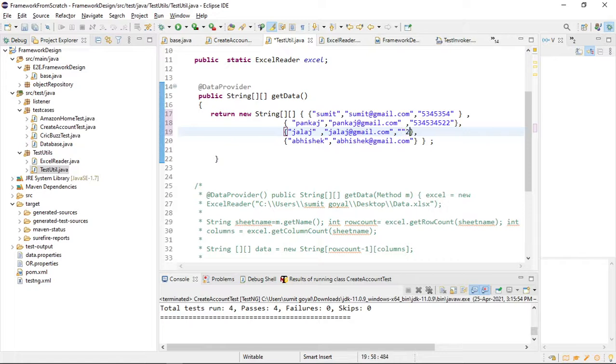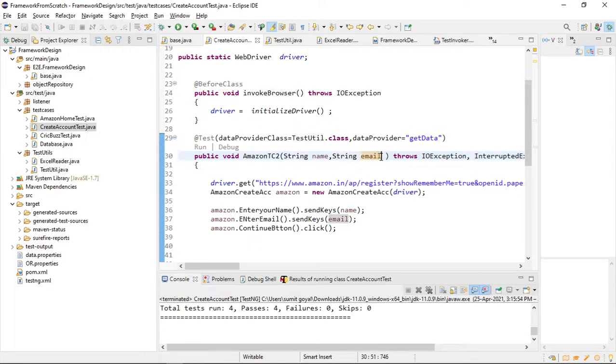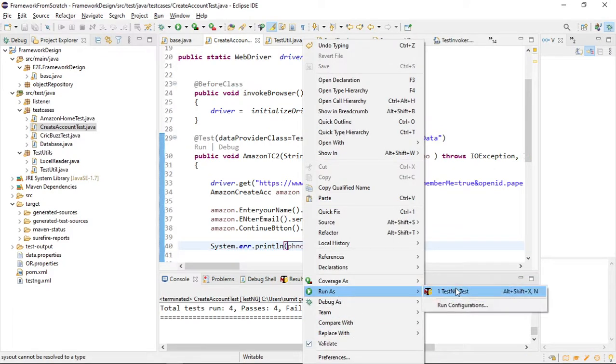So if I just type print after that and run it, it will now return me three types of data. If I want to run it, I have to provide this one here as well, like phone number. If I do not provide it, it will throw the error. So I provide one phone number here, because I do not have any method which will send the phone number. You can create it later. Here, as of now, I am printing it. If I run it, you will see all the 3 phone numbers printed in the output.